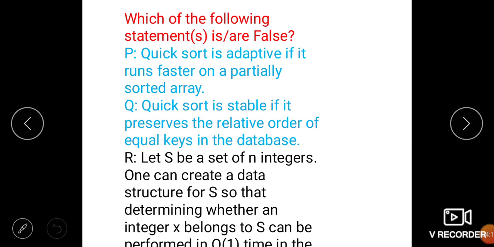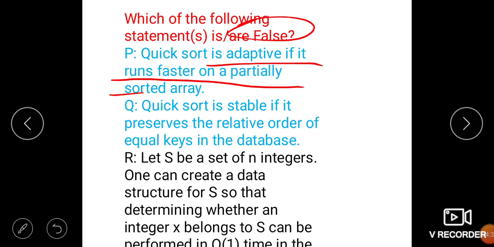Now this question was asked in UGC NET: which of the following statements is false? We have to find the false statement. Quick sort is adaptive if it runs faster on a partially sorted array.